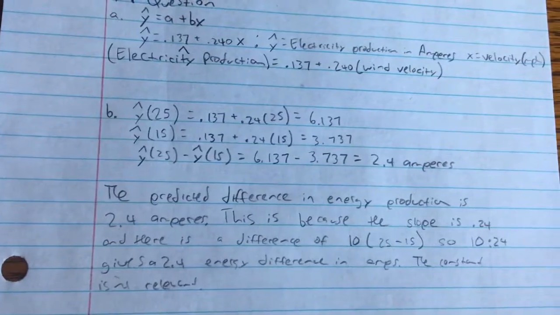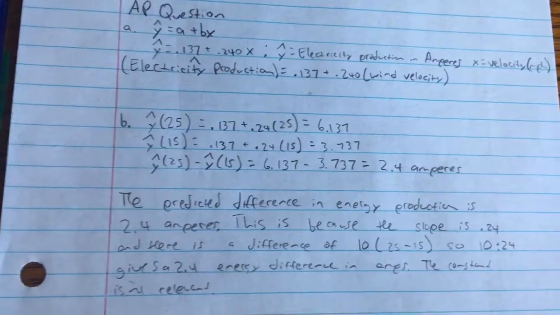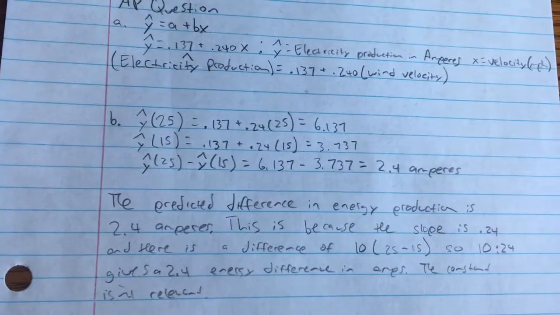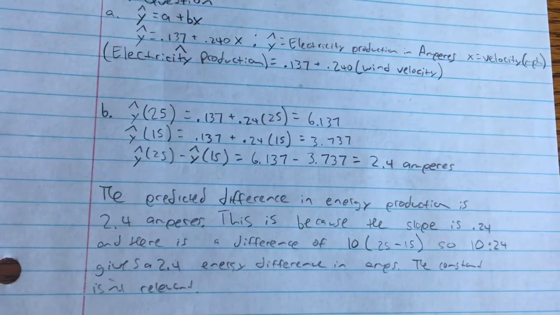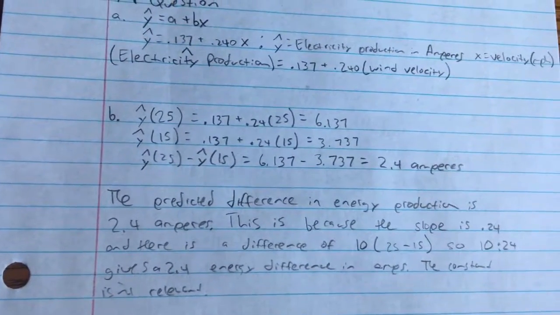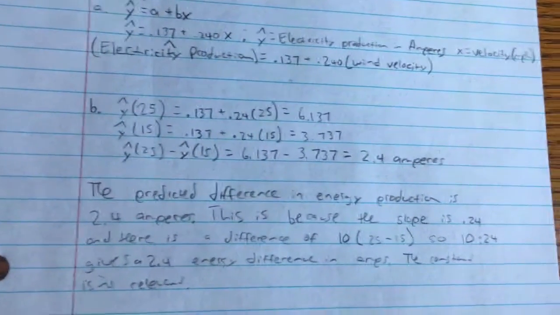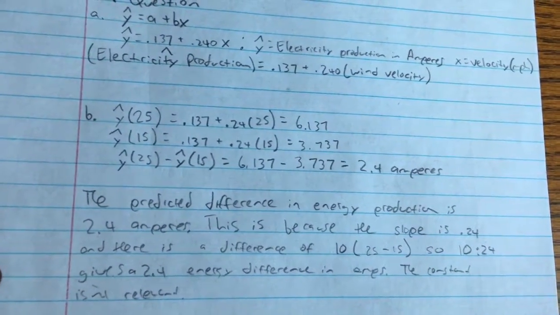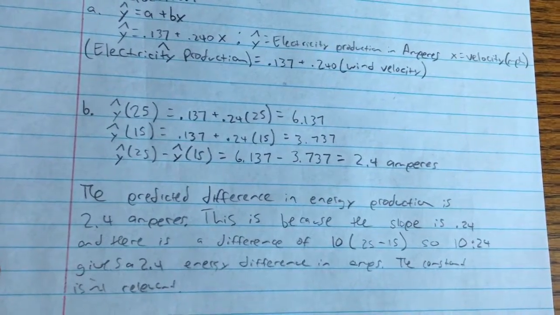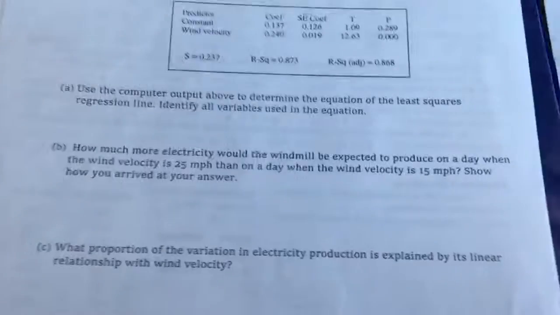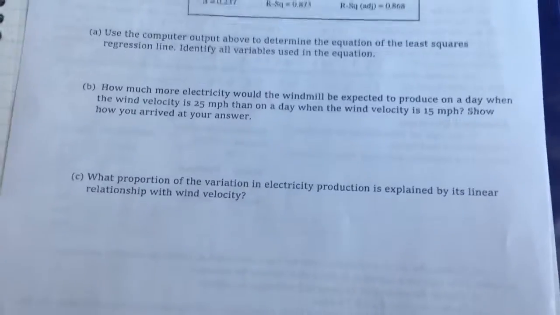another way you can do it is merely to multiply the slope by 10, because that will be the difference here, and that will actually give you the difference, because the constants, well, those will both go away when you subtract one equation from the other, so really all you have is your slope, and 0.24 times 10 gives us 2.4, which is the precise energy difference between those two wind velocities. The last question is